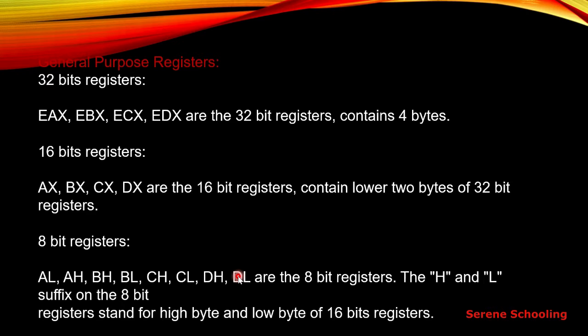So we will go through general purpose registers because they are quite important. We have three types of registers: 32-bit registers, 16-bit, and 8-bit registers. Here you can see AX, BX, CX, DX are for, as I have told earlier, accumulator, base, counter, and data register. But this extra term E stands for extended accumulator register, extended base register. Why extended? Because here we have 32-bit registers, right?